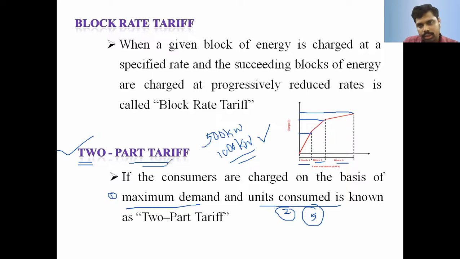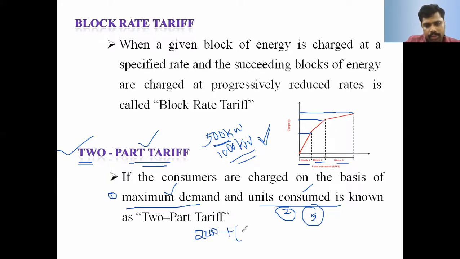This is also considered for the industrial consumer. Two-part tariff, in the name itself, considers two parameters. One is the maximum demand, another is the number of units consumed. The maximum demand means they have already taken the load demand. How much is there? Either 500 kilowatt or 1000 kilowatt. In this 1000 kilowatt, they are fixed for the tariff. This much demand we need to pay for 15 days or 30 days. This much cost. For example, for maximum demand they have taken 1000 kilowatt. For example, they pay for the maximum demand for 30 days 2200 rupees.